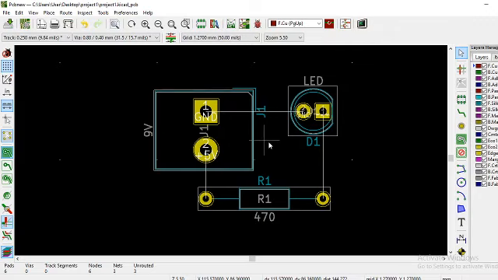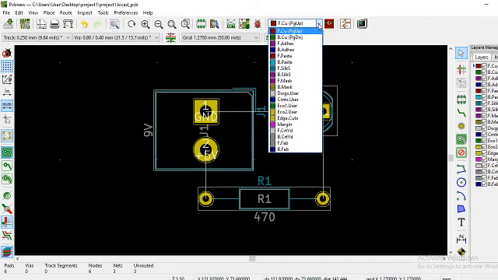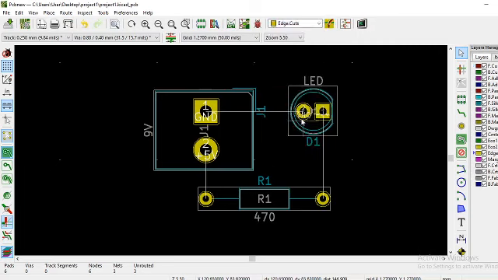Select the Edge Cuts option from the drop down menu in the top toolbar. This is the drop down menu. From this, we select the Edge Cuts option.